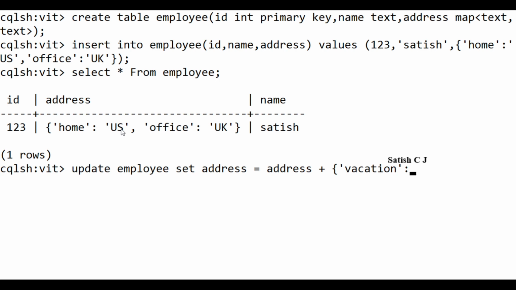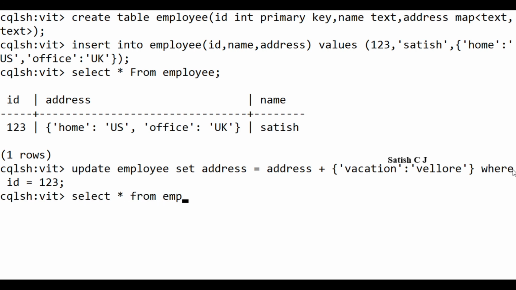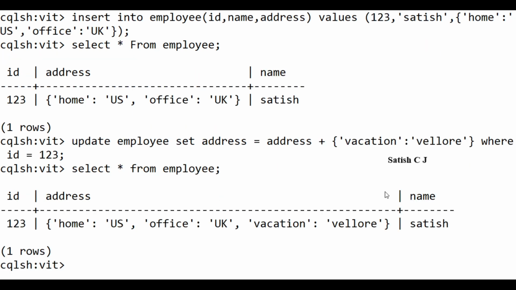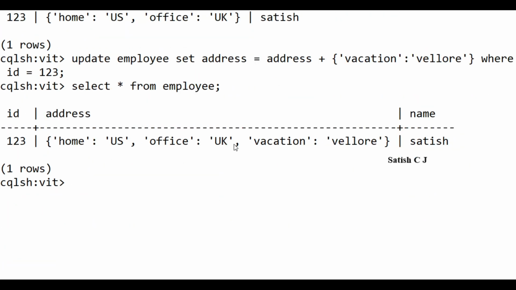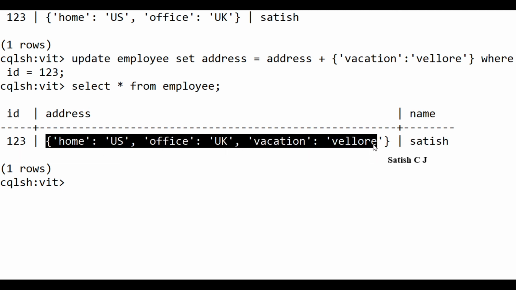So vacation, that will be Vellore, where the id is equal to 123. So now I'm updating this map to hold another key value pair. When I do select star from employee, you can see I have updated this: home, office, and vacation below. So we can hold many key value pairs in a map. That is the concept here.